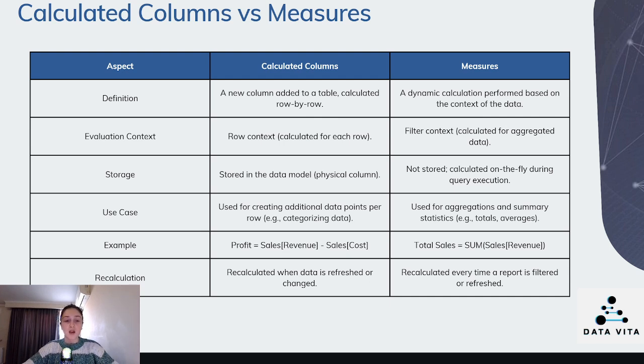For instance, if a user applies a filter for a specific year, the total sales measure will calculate the sum of sales only for that specific year. Measures are recalculated whenever the visual or report is updated, ensuring that the result always reflects the current state of the data. And in summary, calculated columns are used for